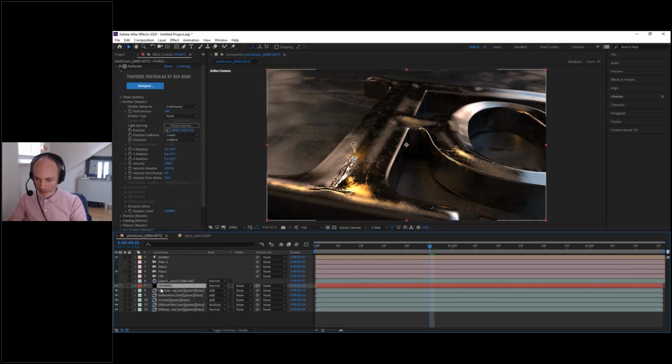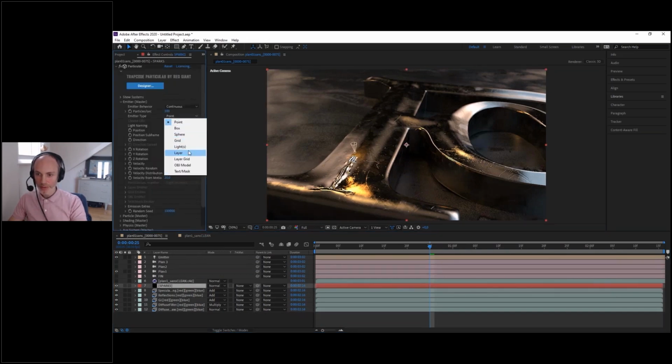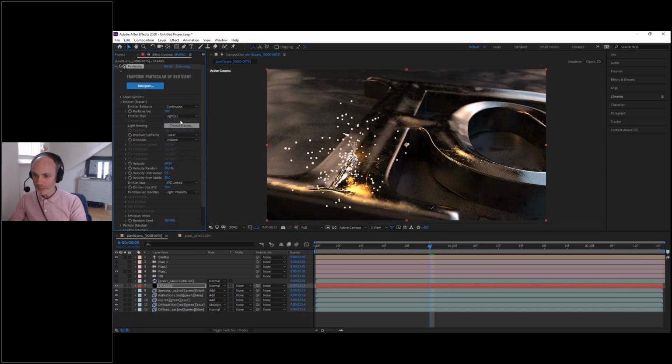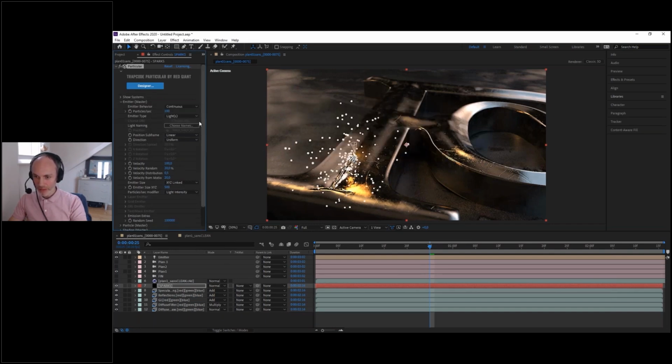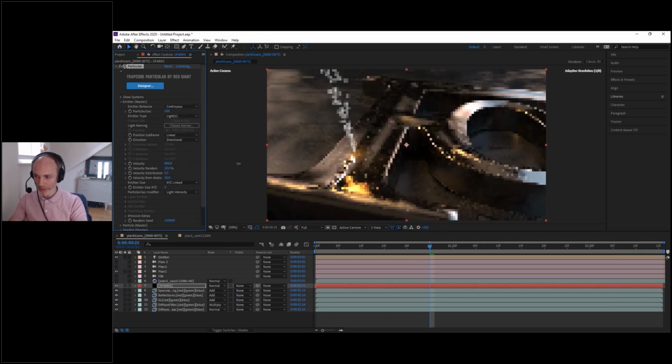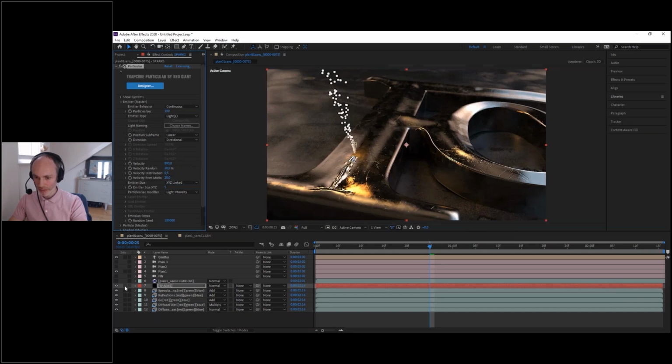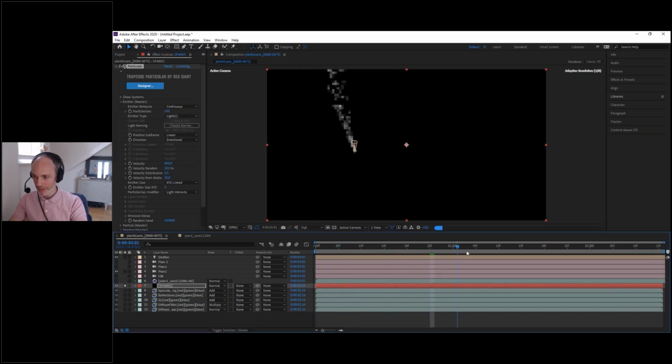And if I ask Particular now to use emitter type light, which kind of light? Emitter. That's very good because I named my light emitter, so it's going to work. I need to decrease the emitter size to something very small, 5. I need to use the direction in directional, so it's going to follow the cone of the light. And if I increase the velocity, you can see we have our particles following the path.